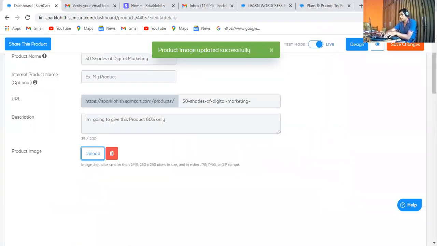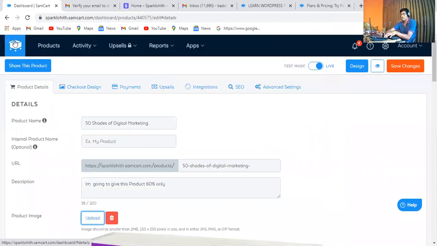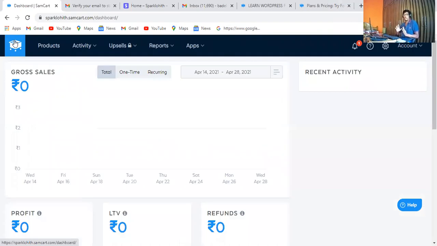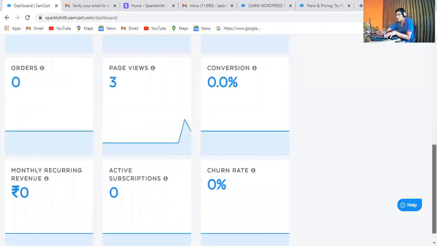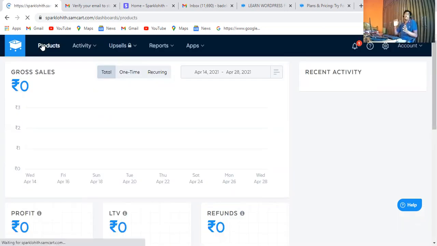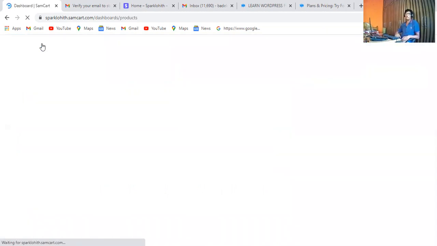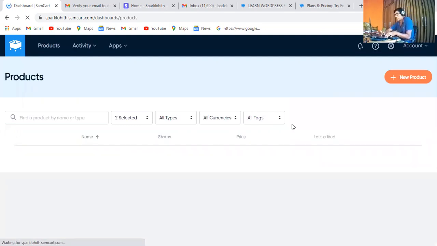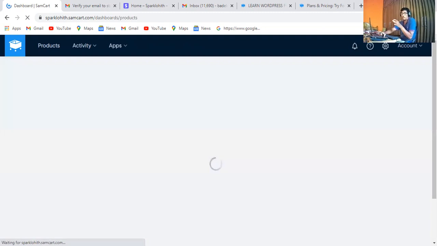That's all, guys. It's very simple. Let's see here, all of you. Finally, I have done this sample product only. Now I'm going to show you. Just view the page of the sample product that I have created now. I have already created this account also. Whatever I have created, this sample product, now I'm going to show you.